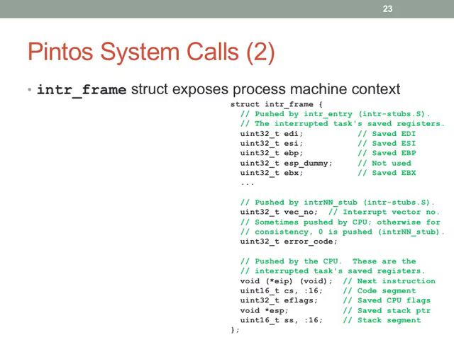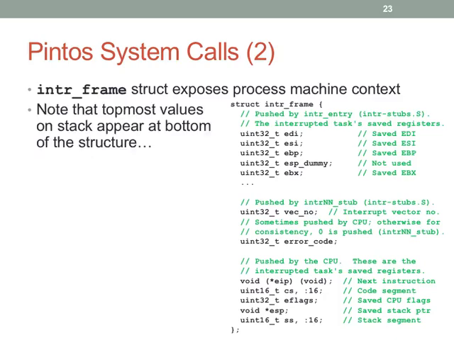Remember that I said that the CPU pushes stuff first: stack pointer, stack segment, because we're switching from user mode to kernel mode. Then we have EFLAGS, CS, EIP, so that's the instruction pointer that was interrupted. So notice the push by CPU, but that's at the bottom. Why is it at the bottom of the struct and not at the top? And then we have the error code and the vector number, and then we have the actual machine context